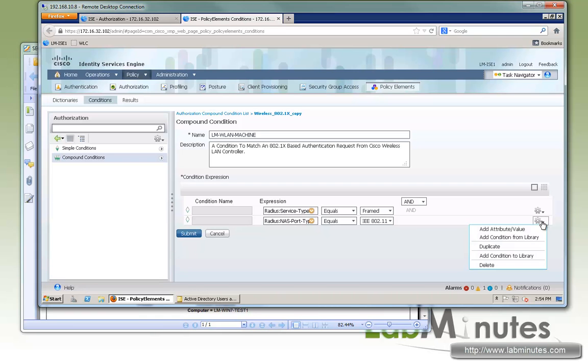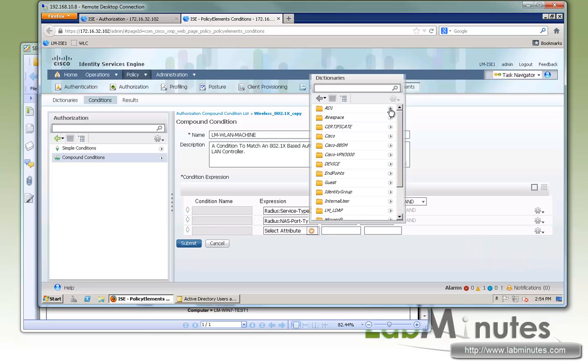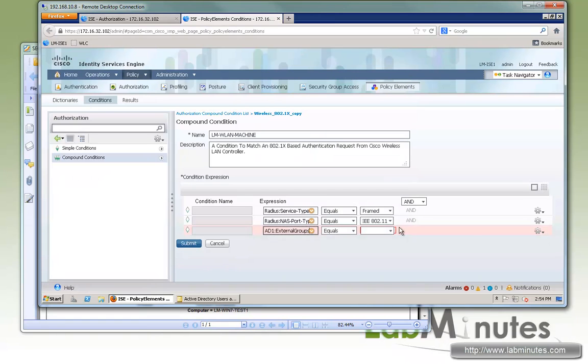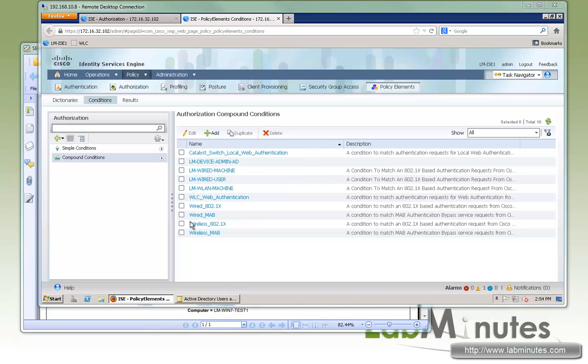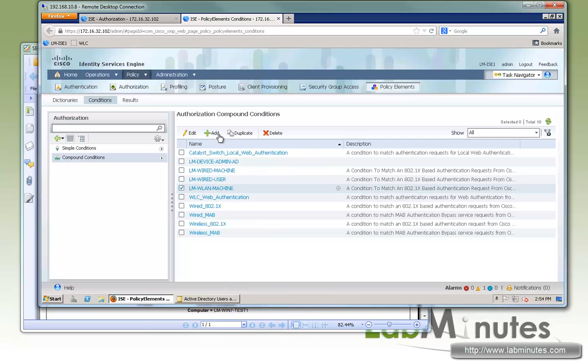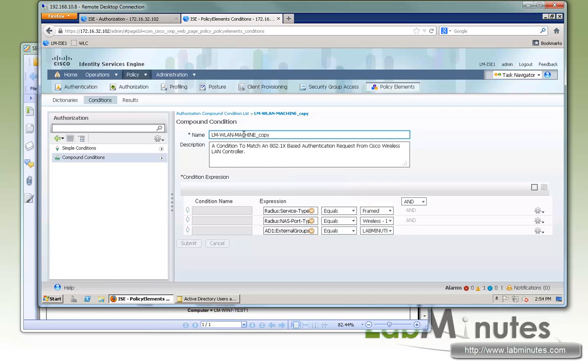Okay, so similar to wired, we want to make sure that the machine is a member of the domain computers group. So for AD, external groups, and domain computers. So submit. Now we're going to duplicate the LAN machine and call it LM LAN user. And instead of being a member of,